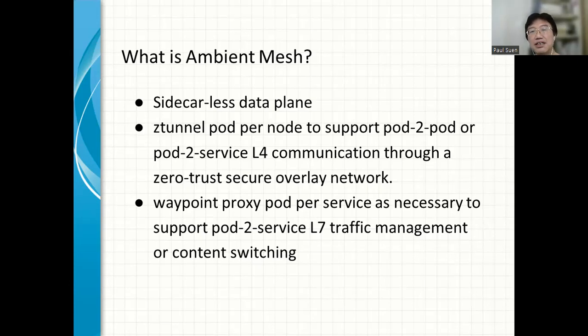And this is done through a zero trust, secure, HTTP-based overlay network. Secondly, a so-called waypoint proxy is set up to attend specifically to each virtual service that requires layer 7 traffic management or content switching measures.